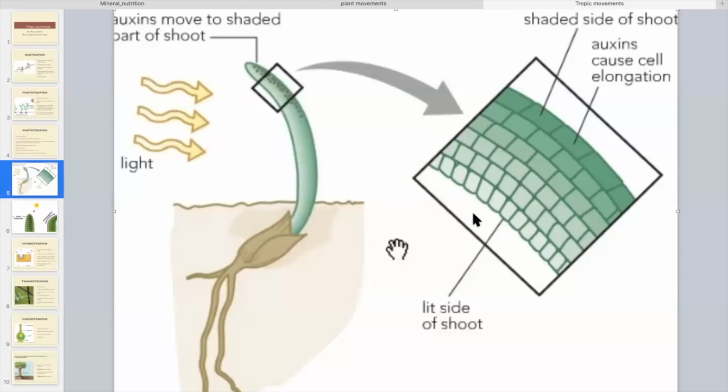So I think it is clear to you why it is bending towards the light. The answer is due to growth hormone. Which hormone? Auxin. Where does it accumulate? It accumulates in the shady area. When it accumulates in the shady area, there will be rapid growth. Cell division will be more, and the length of the cell also increases. So growth will be more in one region and less in another region. That's why it is bending towards the light.